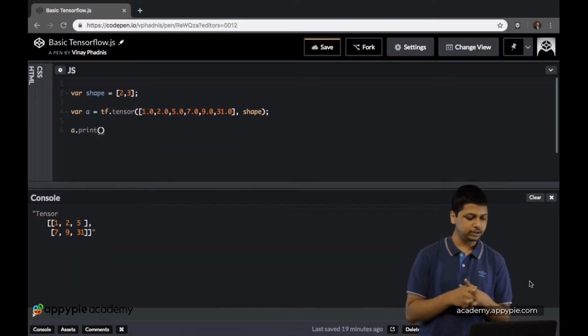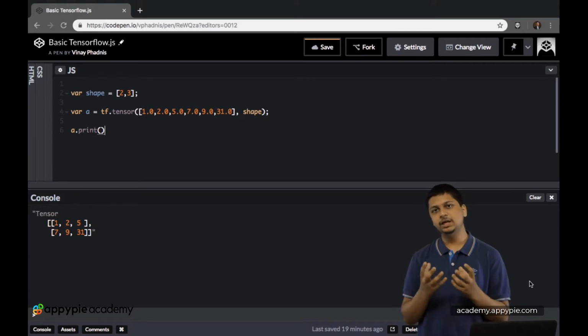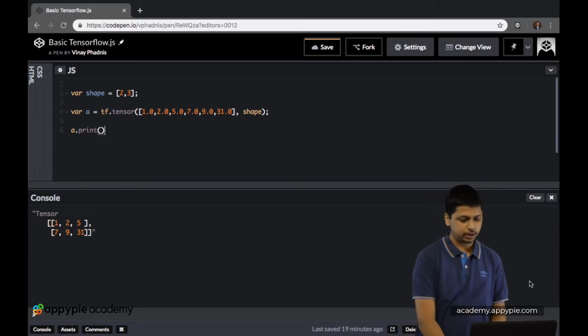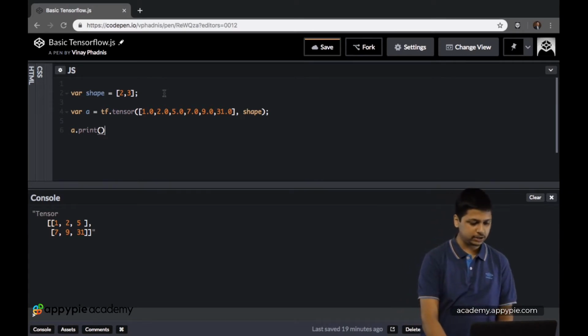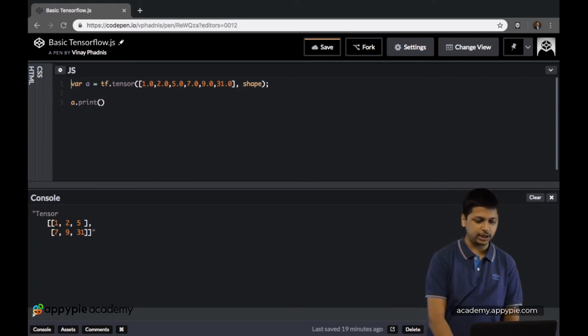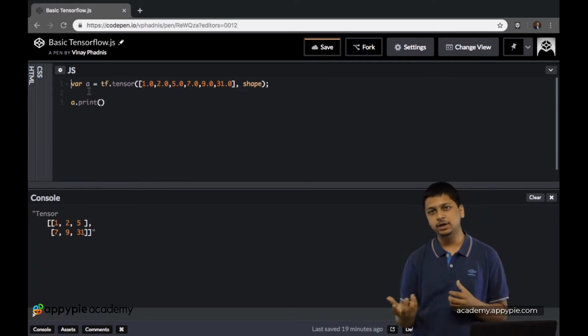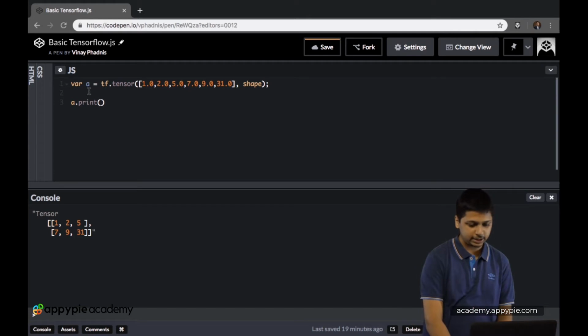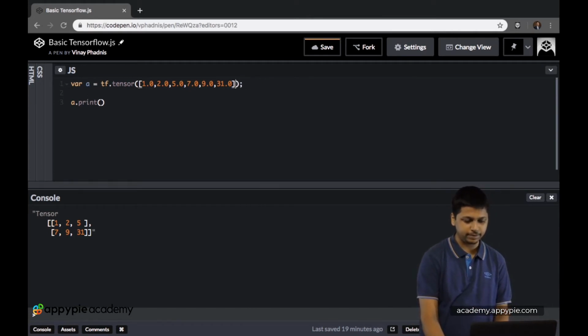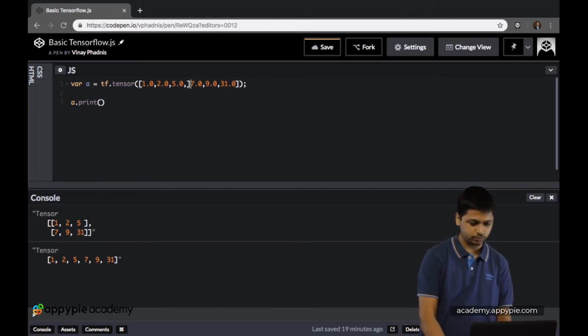Okay, so the first one is declaring a tensor without mentioning the shape. Over here, let's first remove the shape variable. While declaring the tf.tensor without writing in the shape, we simply have to create two arrays, and let's give in a comma in between.